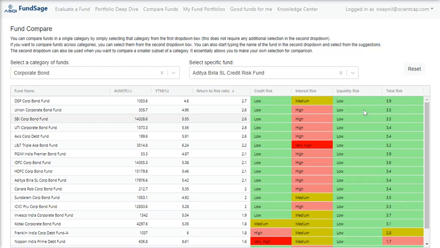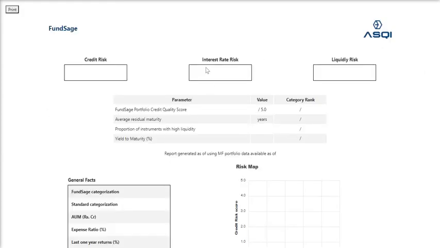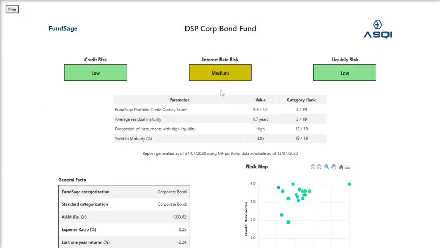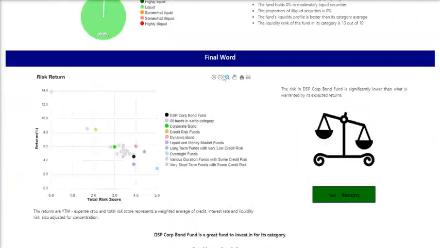You can, of course, take a stand that I want minimum risk, and then I'll figure out in that limited set of funds whether I like any of them. As it turns out here, a couple of these funds indeed look pretty decent. And from here, you can always jump into a specific fund's details by double clicking on the fund. And in a separate video, we did see how to read the specific full page, right?